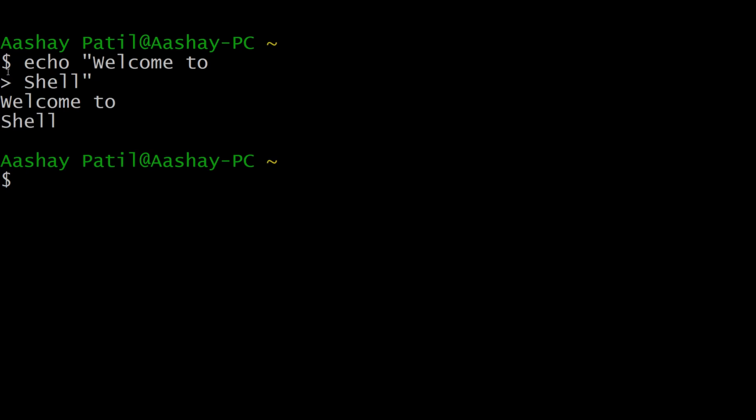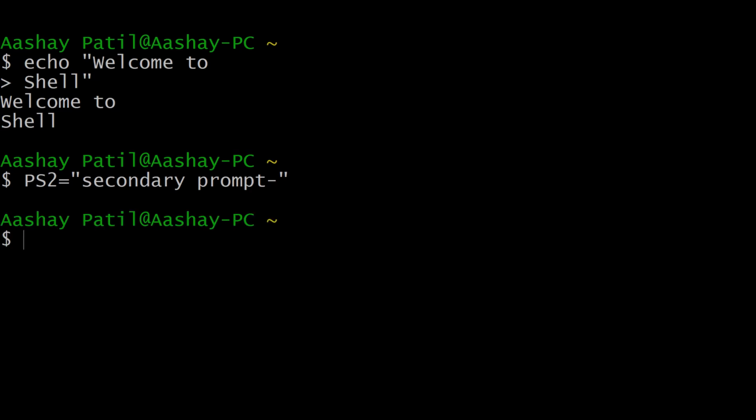Let me change this greater than symbol, which is the secondary prompt symbol. We can do that by using the PS2 variable. Just type PS2 equal to, and in double quotes or single quotes you can give any symbol that you want. In this case we can use something like "secondary prompt". Whenever our command is incomplete and you hit enter, this updated PS2 variable will appear instead of the greater than symbol.